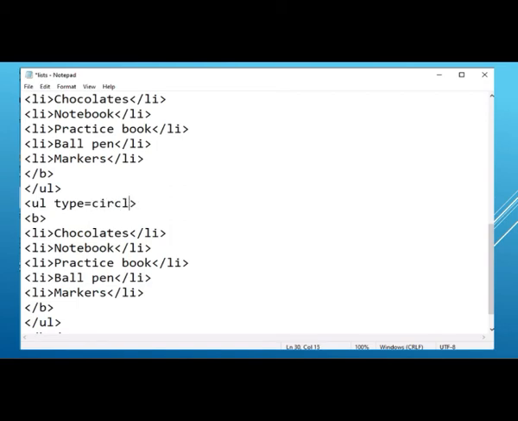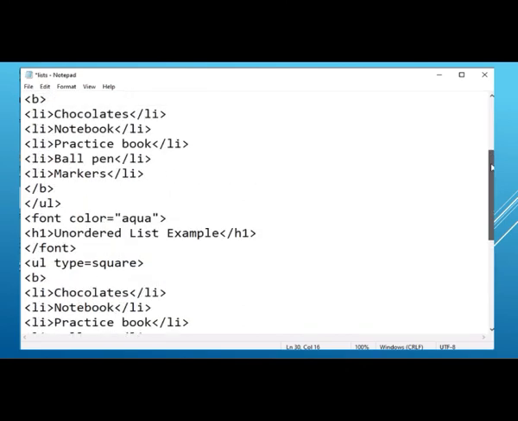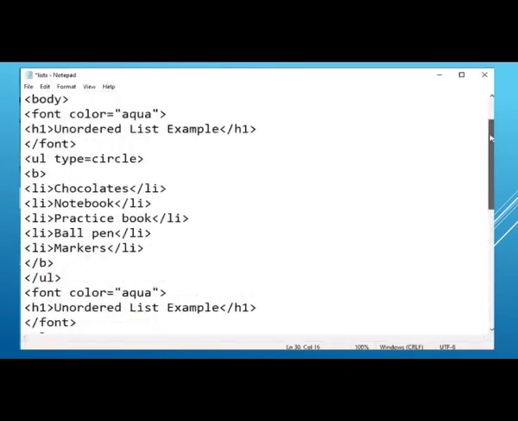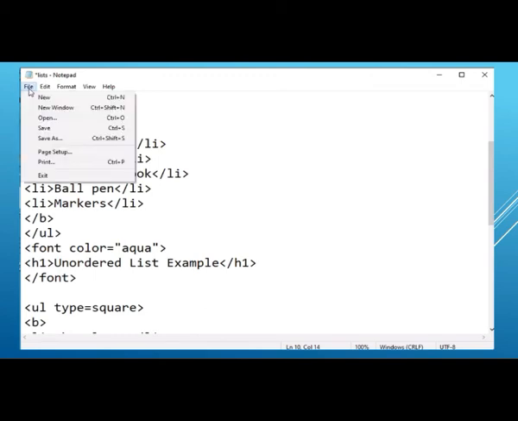So the third list will get circle type of bullets, but since we have already given type circle in first list, now we are going to change here type is equal to disc. Save the file.